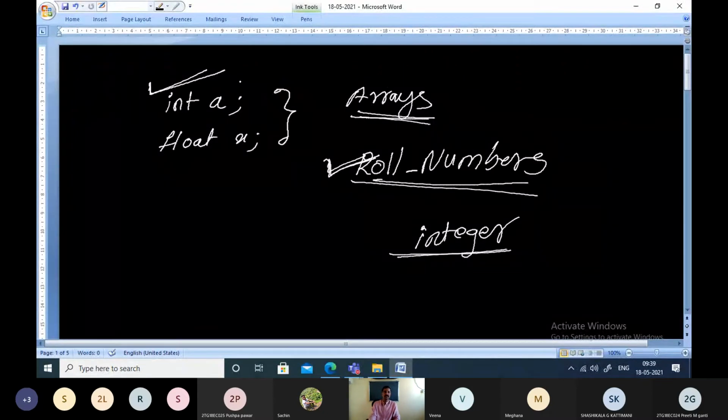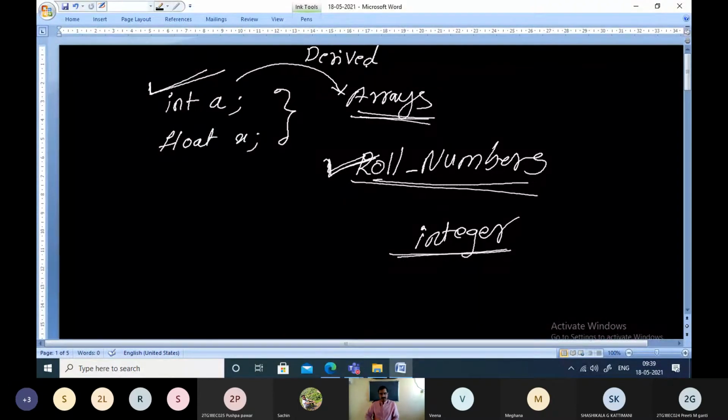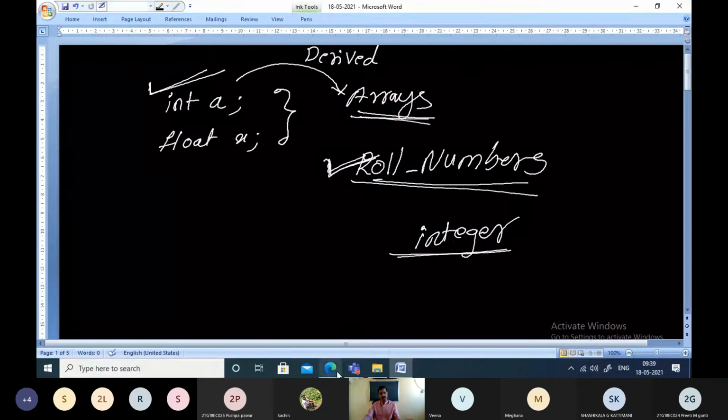So an array is basically a derived data type, derived from the existing fundamental data types. It is a derived data structure which is nothing but a collection of elements of the same type. All the elements in an array must be of the same type. That is what an array is.